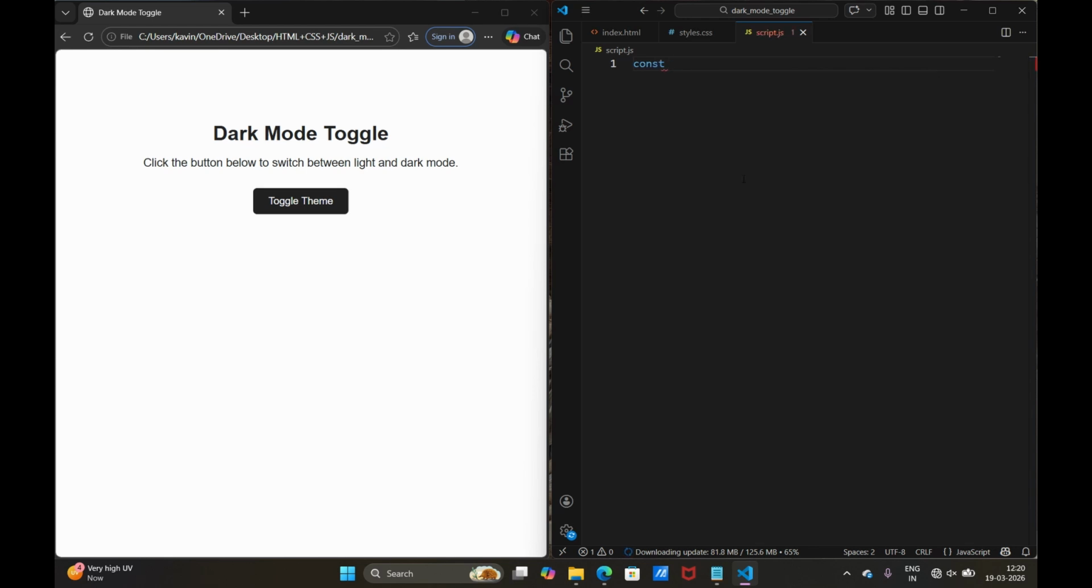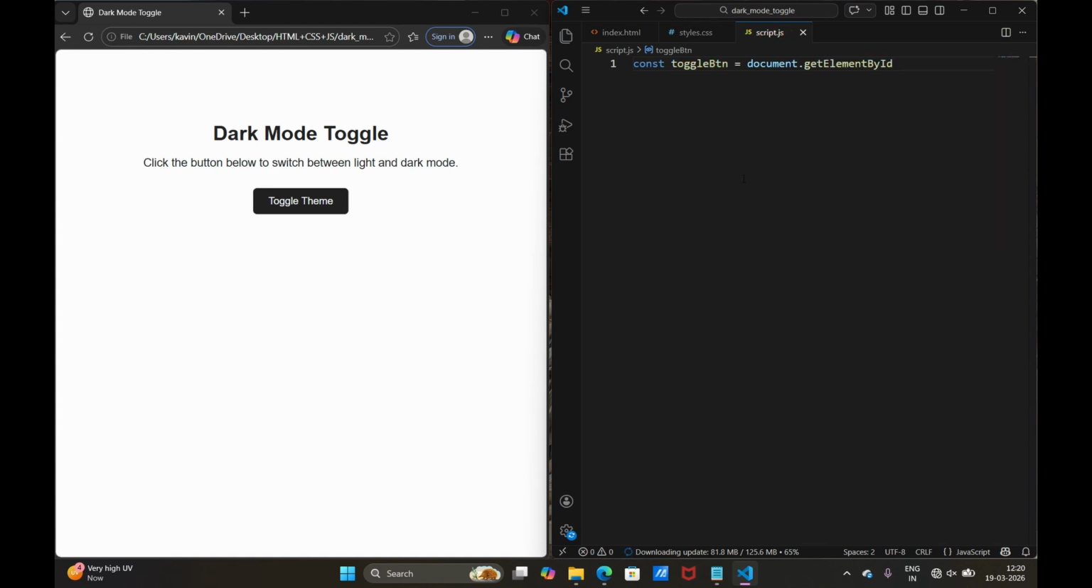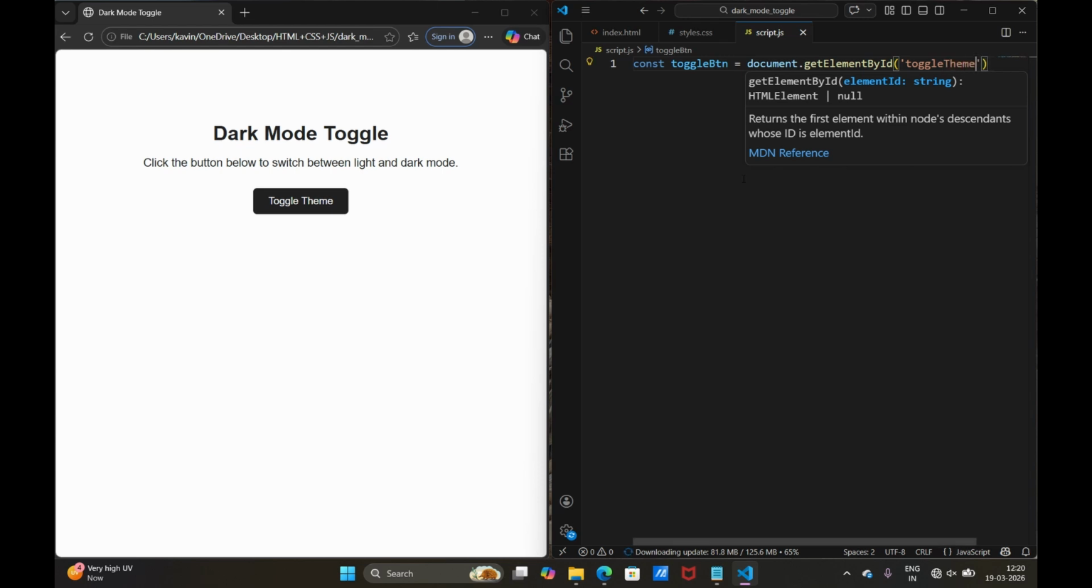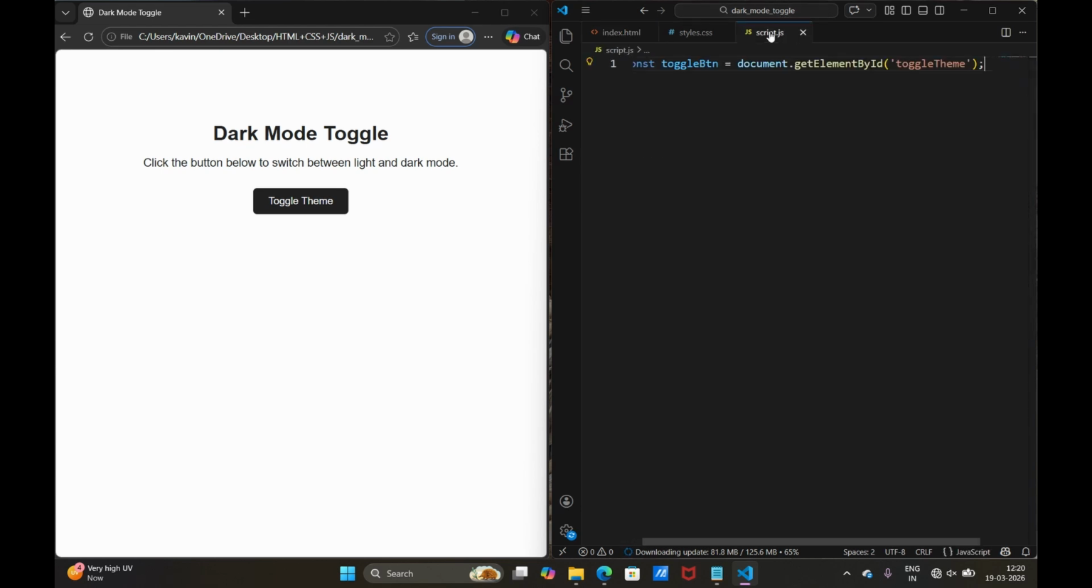identify the element. Create an element toggle button, and identify it by document dot getElementById, and the id is toggle theme. I think that is the class id. See, that is the class, toggle theme. Next,